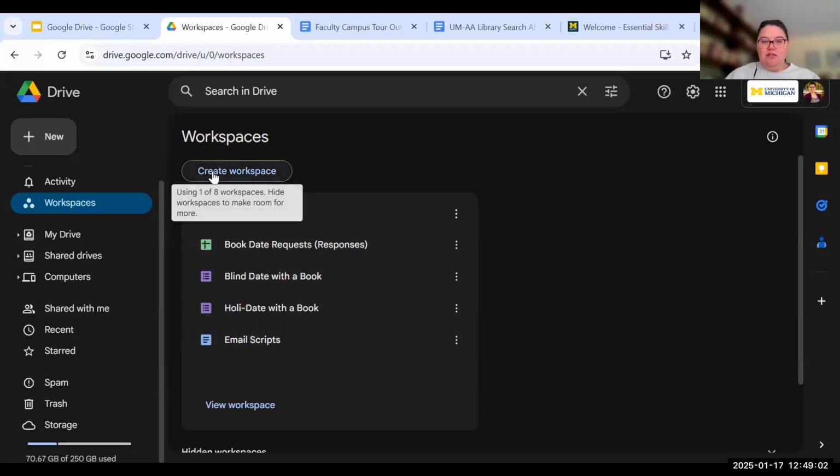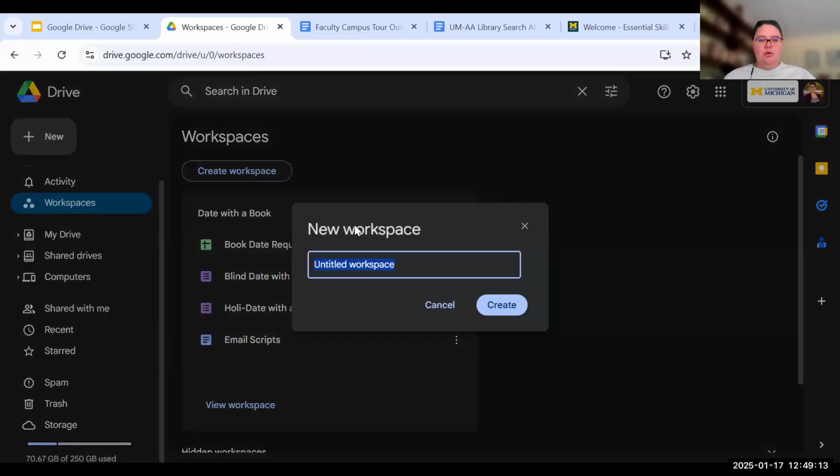To create a workspace, you have one of 8. And you can actually hide old workspaces if you need to make more, just kind of follow the instructions as they come up here. So if I wanted to do this and I say, I need to work on,